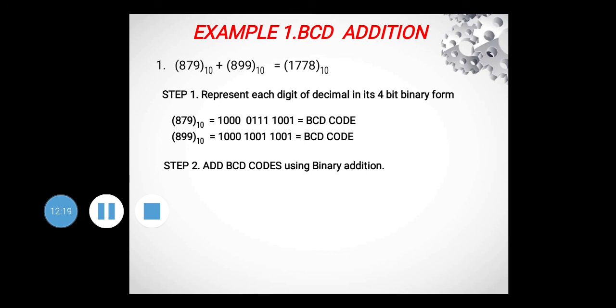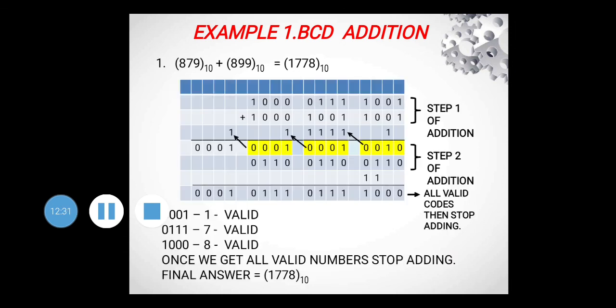So we'll start with step 1. Each digit is represented by a 4-bit BCD code as shown. Step 2, add these BCD codes. It is shown here. Step 1 of addition is shown here. You are going to add these BCD codes, and you will check after every addition whether auxiliary carry is generated, which is shown by an arrow. You are also going to mark all these auxiliary carries when you are adding. So I have marked the auxiliary carries with arrows, and 3 auxiliary carries are generated.